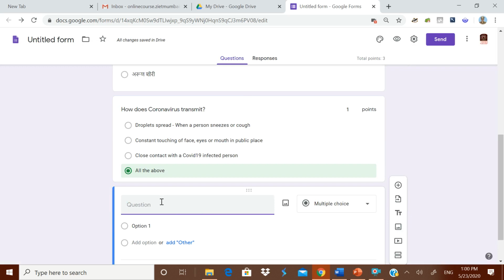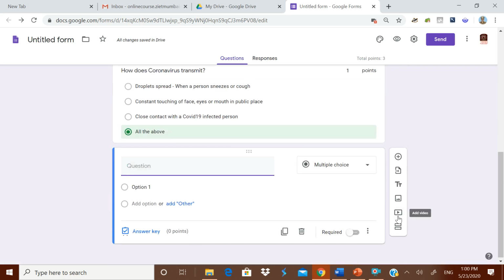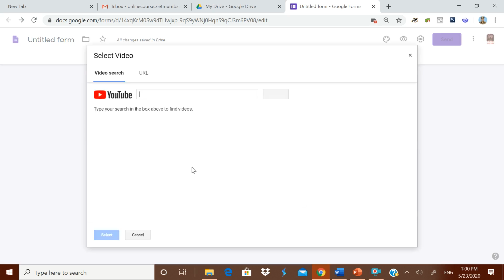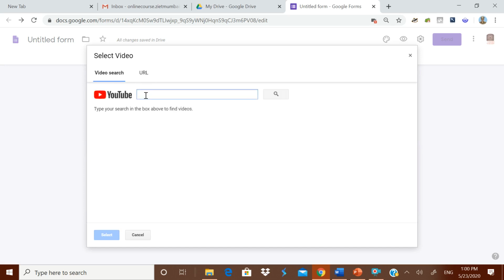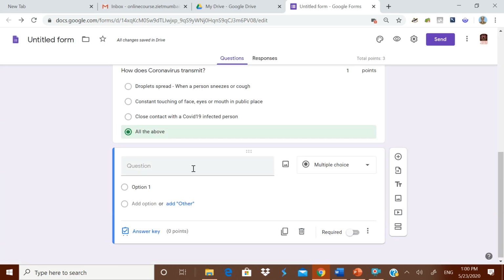The image will be shown, below that the questions will come, and you can have video also as a question, and here you can have a video search, and you can have a URL, paste your URL here, and then suppose if you are pasting a YouTube address here, you can simply select it. What will happen is that link will come over in the question, and the child will click the link, and then they will see the total video. After the video is over, they will come back and then answer it.